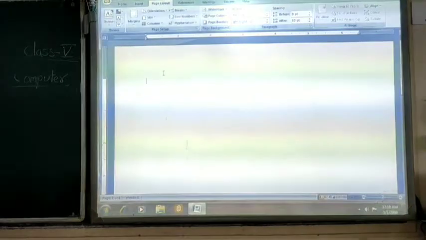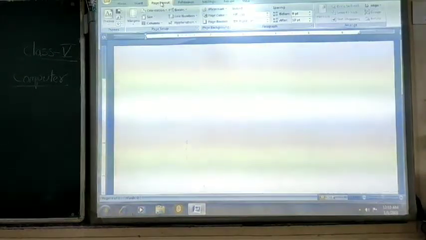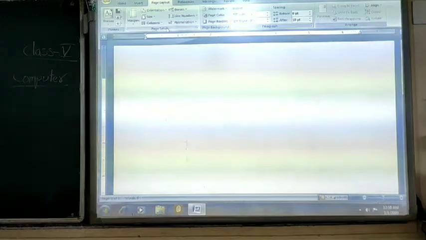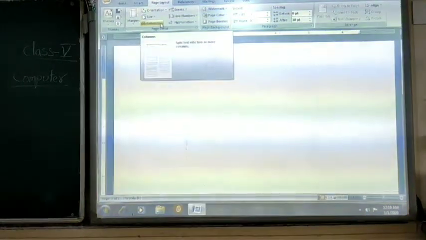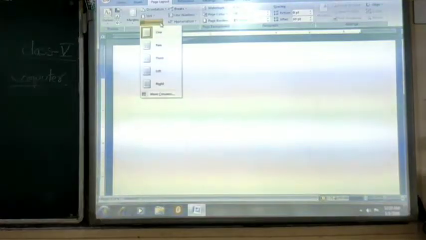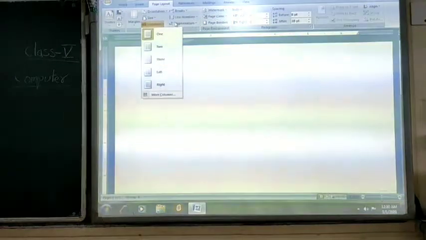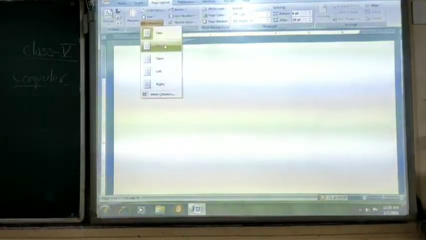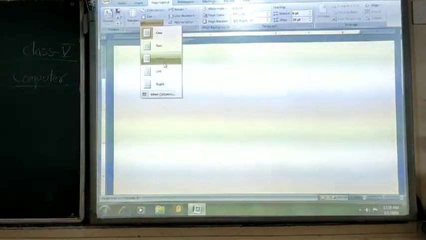So the steps followed: first of all, you have to click on the page layout tab, and then within the page setup group itself there is a column option. When you click on the column option, it will show you the different options available, how many columns you want to divide into, either 1, 2, 3